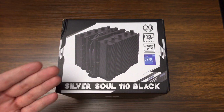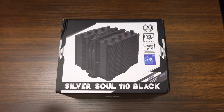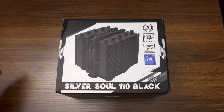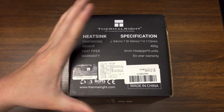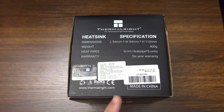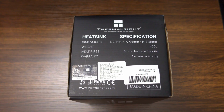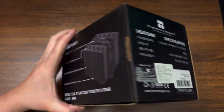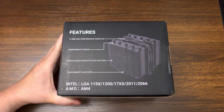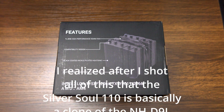You'd be forgiven for looking at the picture and the name and thinking, oh yeah, this fin stack must be 110 millimeters high and this is a 120 millimeter fan. I certainly was when I looked at it, because I have trouble reading things. But it turns out it is not. The whole cooler, from the cold plate all the way up to the top of that fan, is 110 millimeters high. And there's a couple of important things there. One is that that's incredibly small for a dual tower cooler like this. And two,